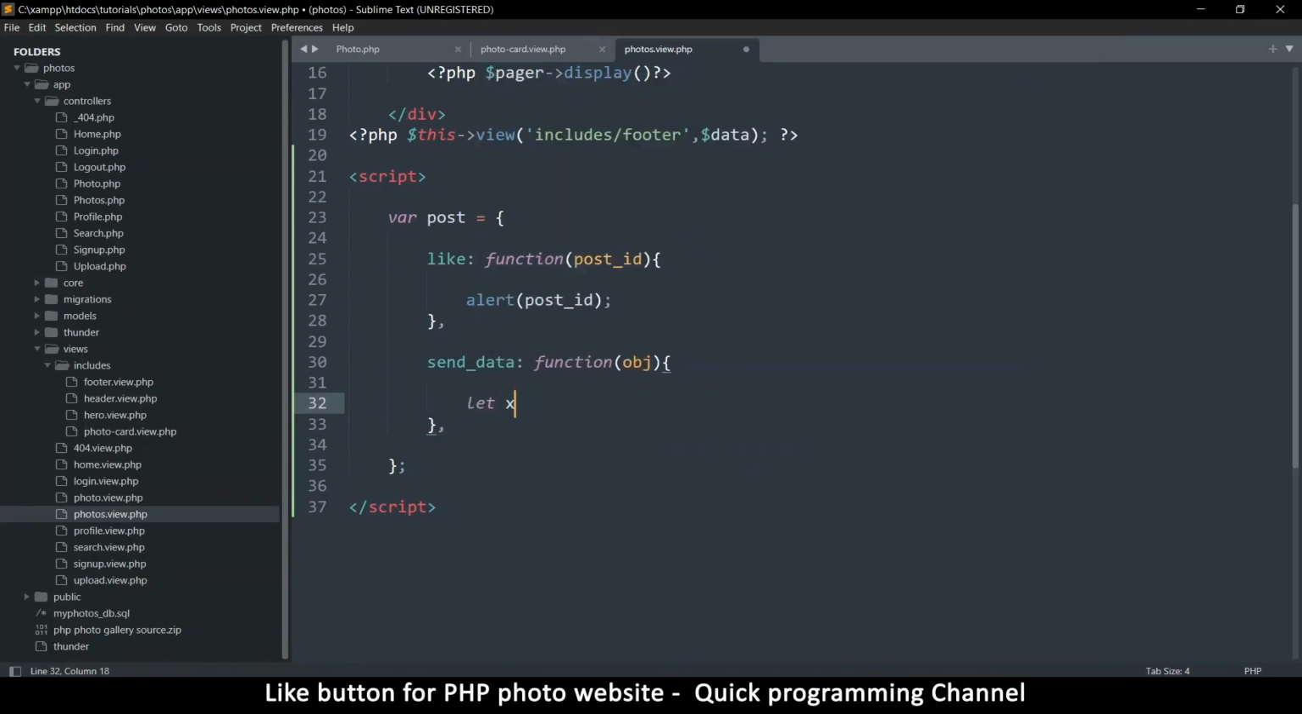So I'm going to do let xhr. Now you can call this anything you want. This is just a variable, but we want to create an XML HTTP request object like that. All right. So take care of the capitalization there, very important. I forgot my equal sign there. Okay, there we go. So now we have our